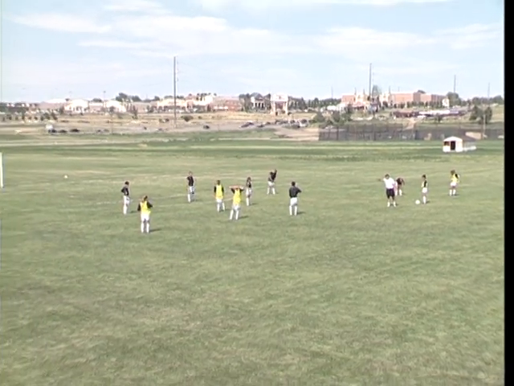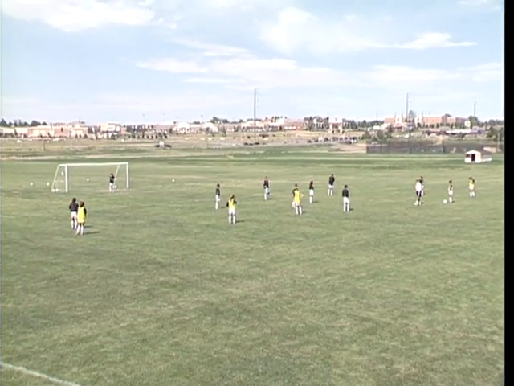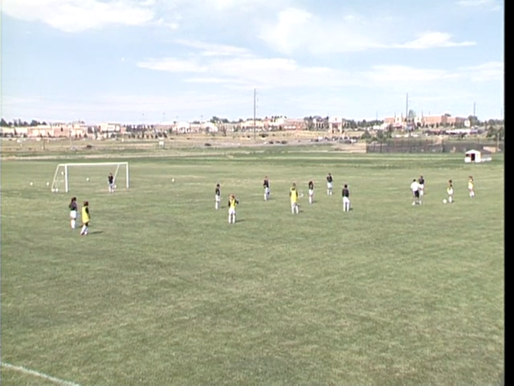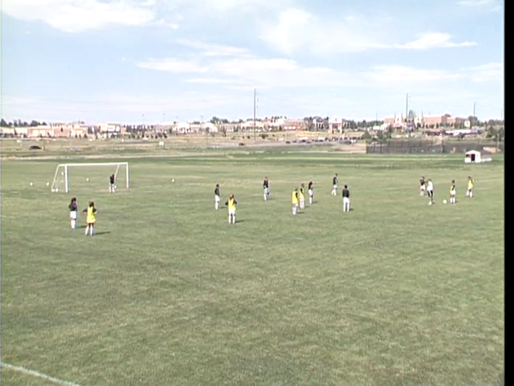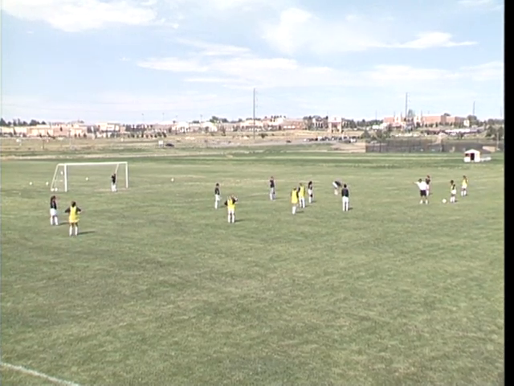All right? Now, so that looks like you're playing with 4 at the back. And that's fine, because as soon as we win it, then you're going to go back out again. But when the ball's over on this side, the far side flank player has to come in and give balance, because he's got to come across. All right? Now, when the